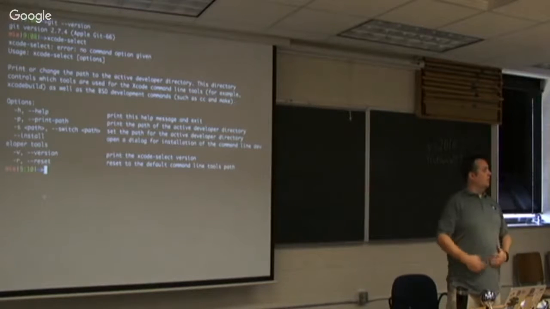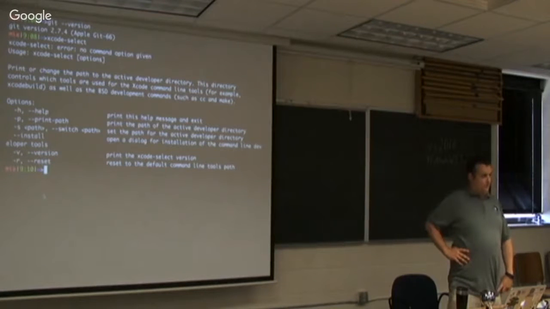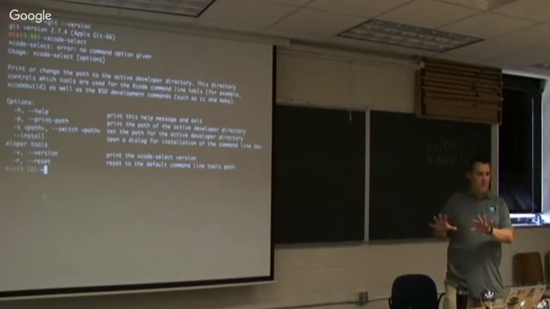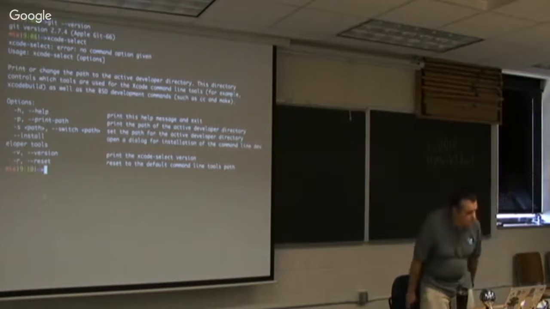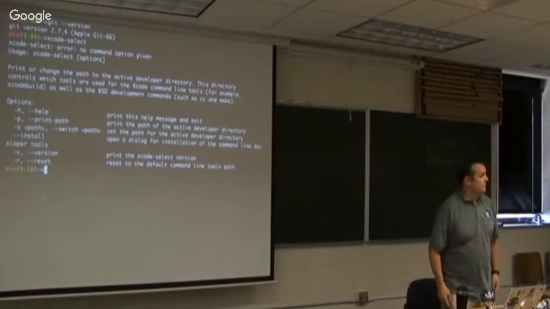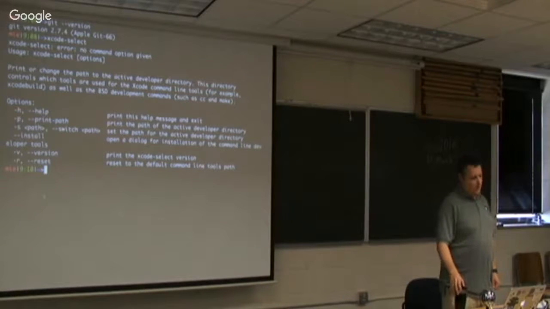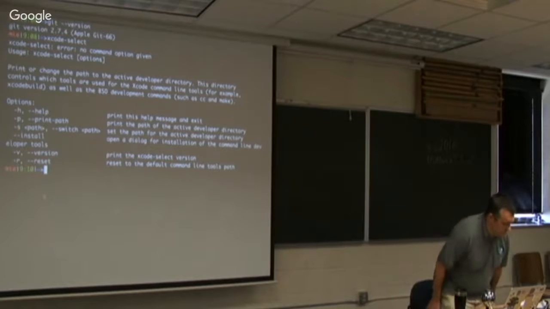A heads up, I think some machines have Git 1.7 installed. Given what we're going to do, it should be fine, but we may have some hiccups. If things don't work, I'll do my best to go slow. And if you don't get the expected results, let us know later. In newer versions of Git, some of the commands got less verbose and a little easier. So we should be all right.